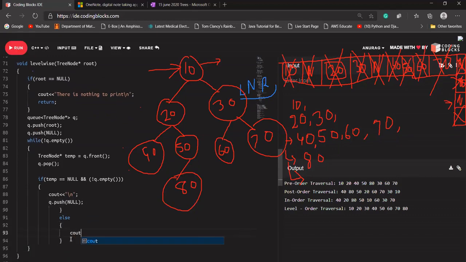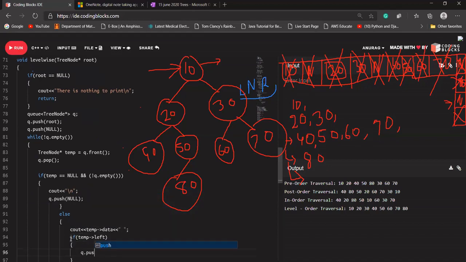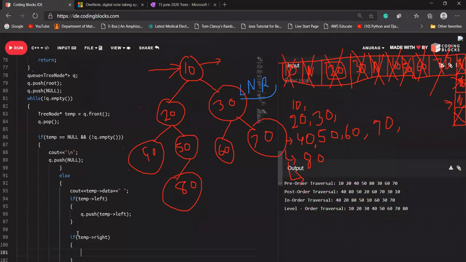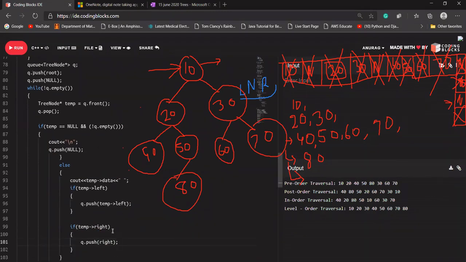So again, I'm going to print temp's data, and if temp's left exists, you need to push temp's left. If temp's right exists, you need to push temp's right here. Okay, is that fine, everyone?